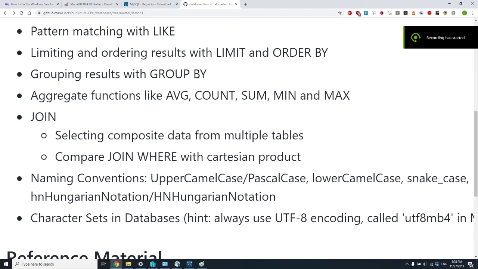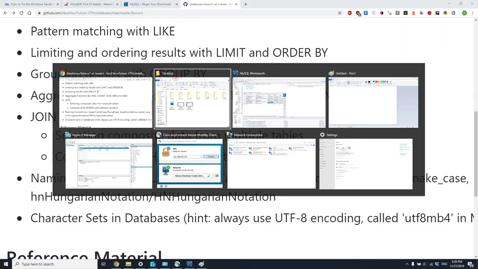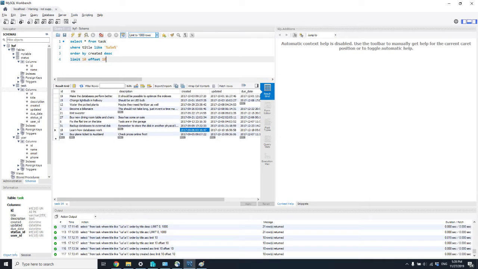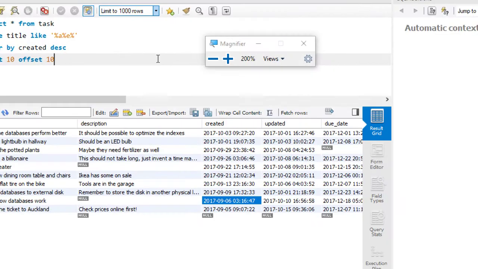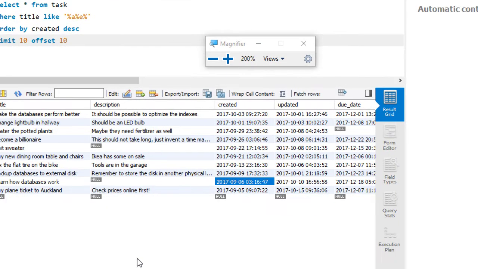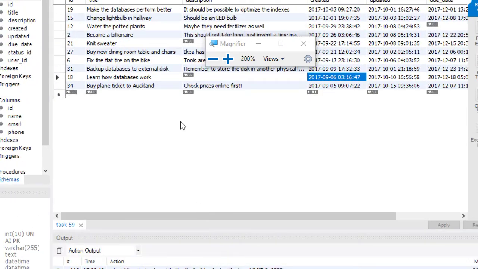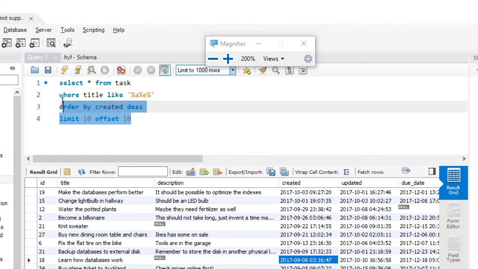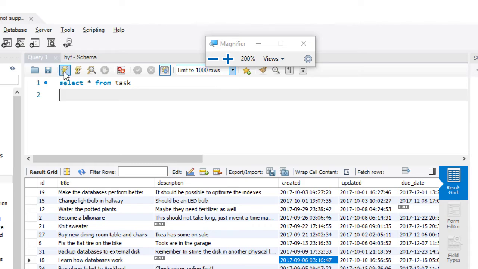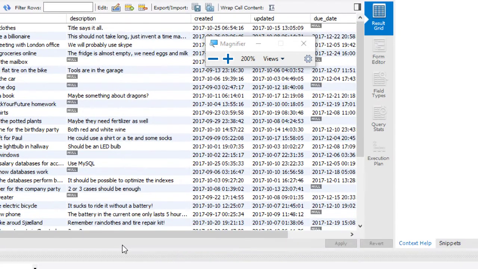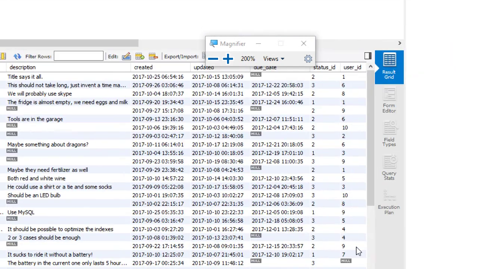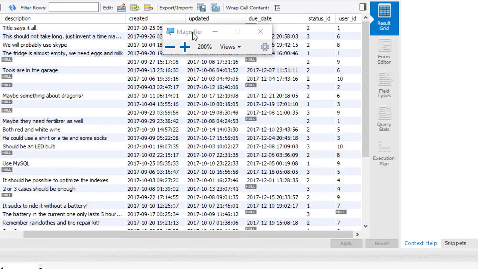So the next thing we're going to be looking at is something called group by. What group by does is allow us to say, well, take all the things that look like each other and consider them the same. Which, if you just listen to what I said, is confusing. But see, for example, over here with user ID,